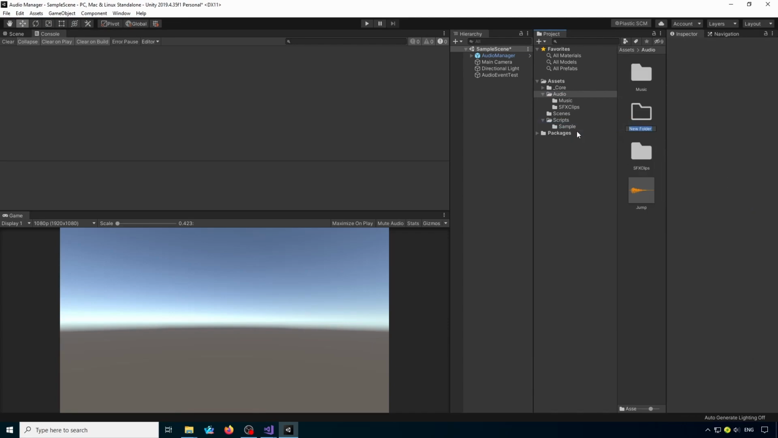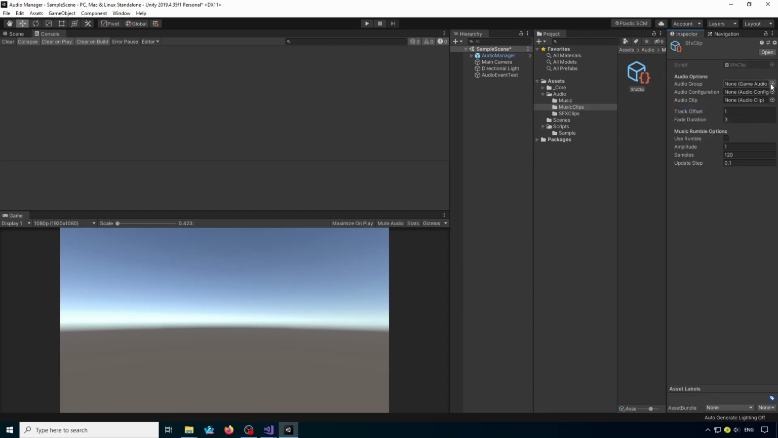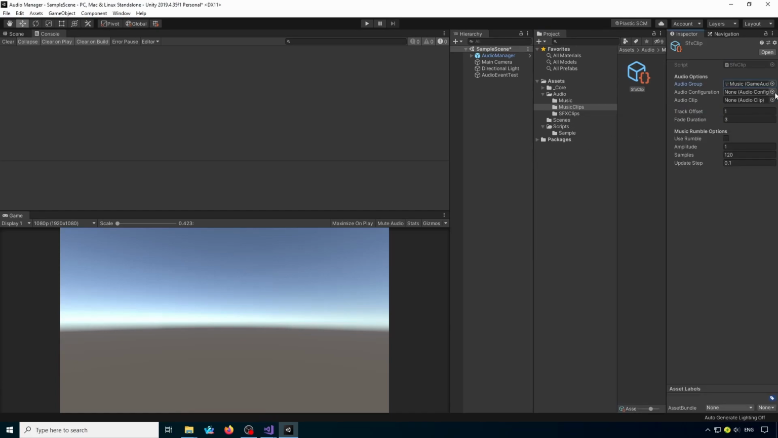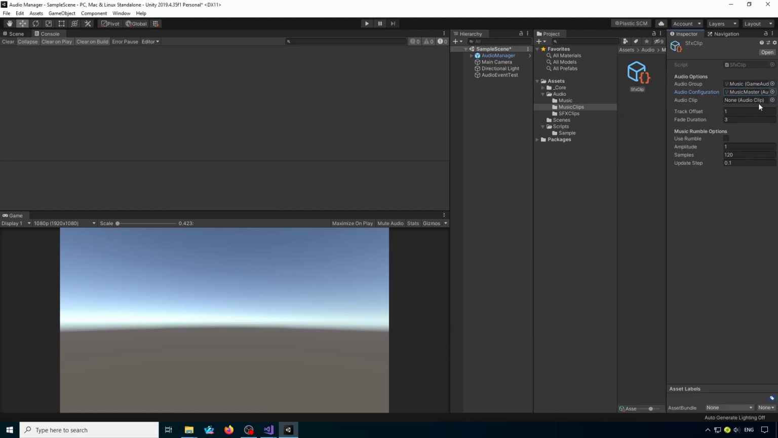Let me create a new folder called Music Clips. Again, we jump in, we create a new sound effects clip. It goes to the music channel, the master music audio configuration, and we'll leave that blank for the minute. We'll call this Music 1, and I'll just duplicate that